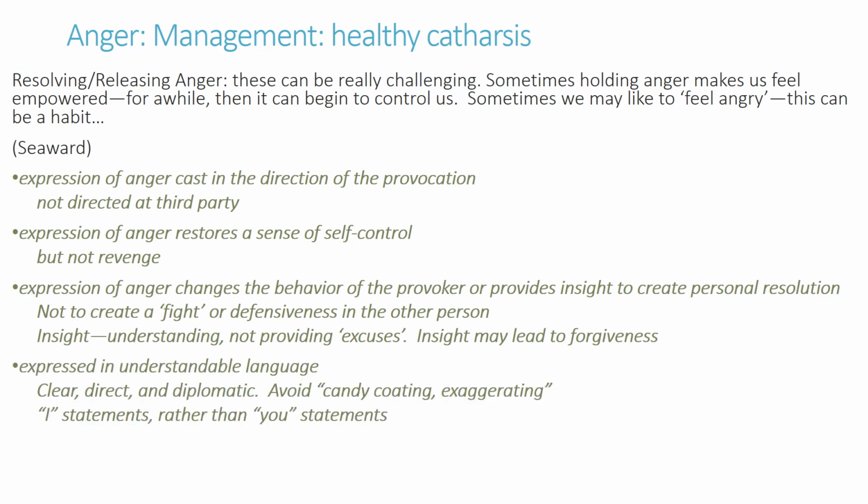Be direct and use language that is clear and diplomatic. Using I statements instead of you diffuses some of that defensiveness as well. Be careful not to provoke retaliation in the other person. We want to have some resolve to this, at least so that you can be heard by the other person. While we can't control how someone will respond, we can set the stage of respect and ownership,